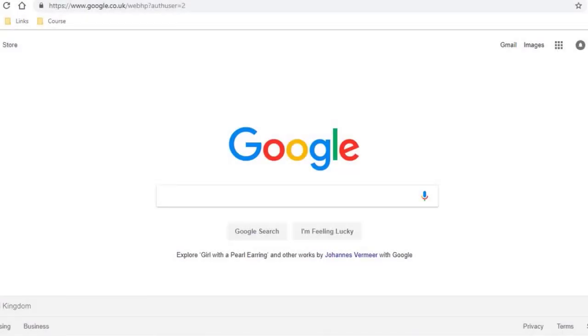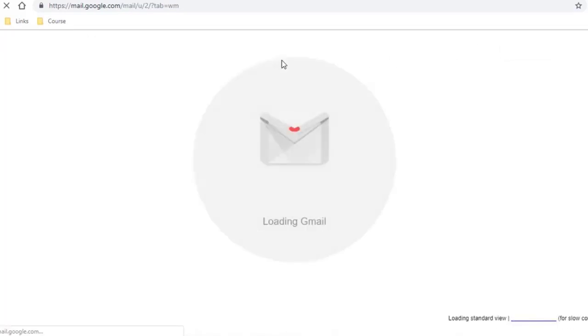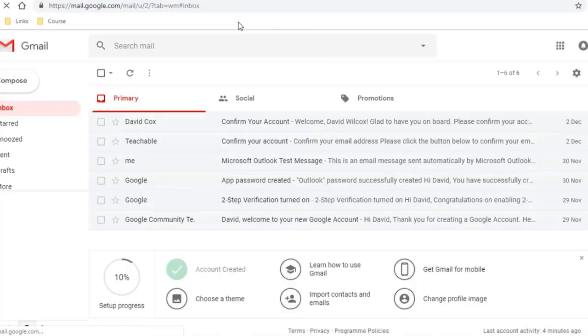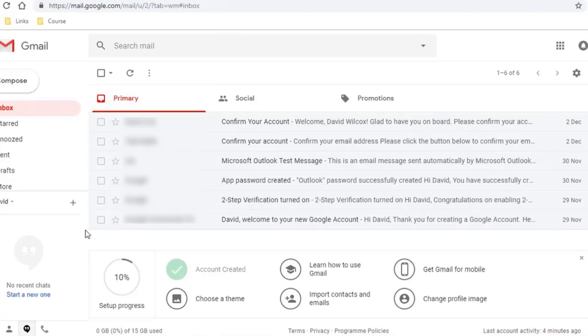So here is the Google home screen, and I'm logged in as my new Gmail account, and if I select Gmail, then it goes off and finds the Gmail, and that's typically the way that you will do it unless you're running Microsoft Outlook, which brings everything together on your system. But these are the emails that I've received, not many of them,